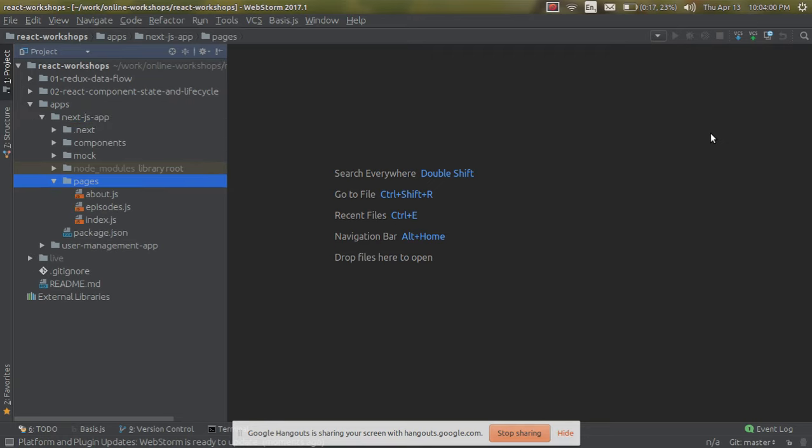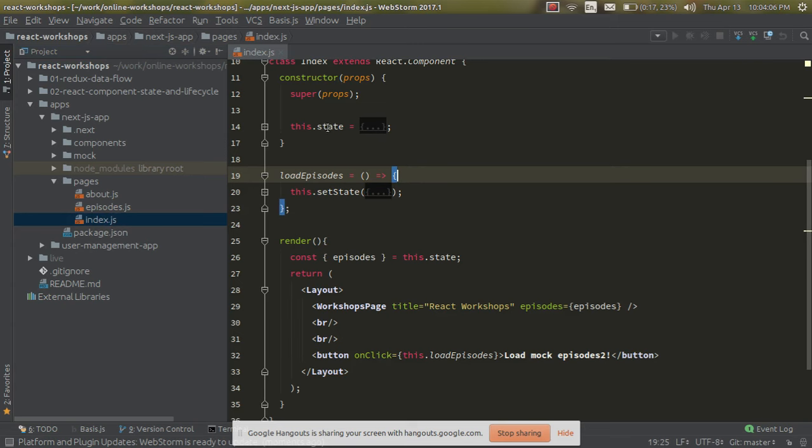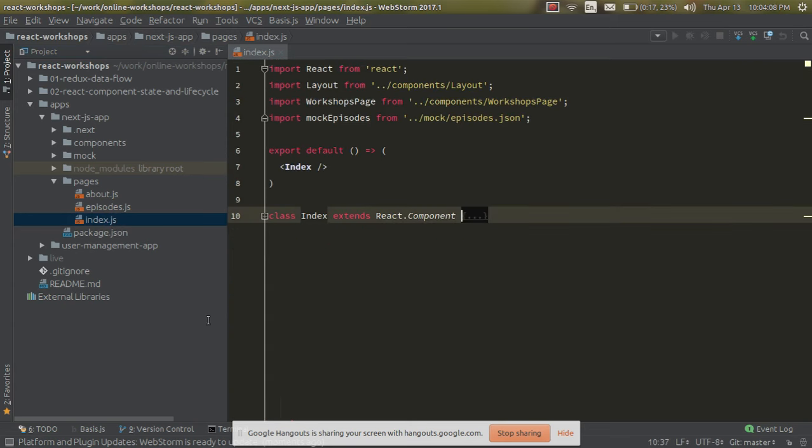Inside the pages folder, I have three files. The first one is index.js, which is the function that I have used for my home page. The second one